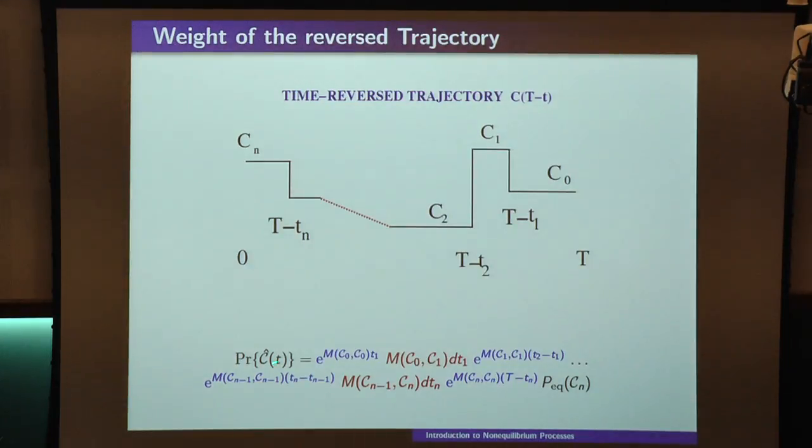We can compute its probability. Let's call this trajectory C hat. This is another bona fide trajectory that the system could adopt. Okay? The only thing is that now you start in the Cn configuration, so it has a probability to be observed. And of course, the natural thing, this is what Sanjeev was alluding to, is if we want to measure